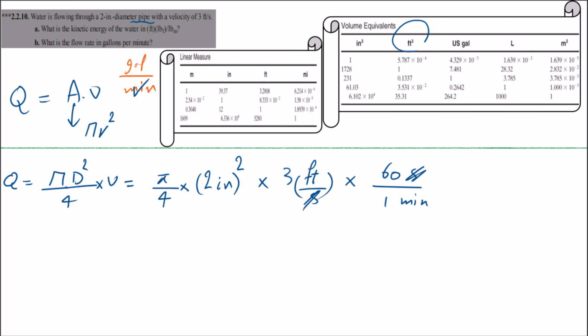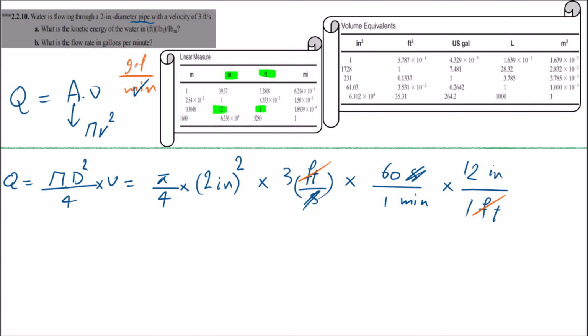I want to use foot to inch. We can say that 1 foot equals 12 inches. So the foot will be removed, and if we multiply this inch to this square of inch, we will